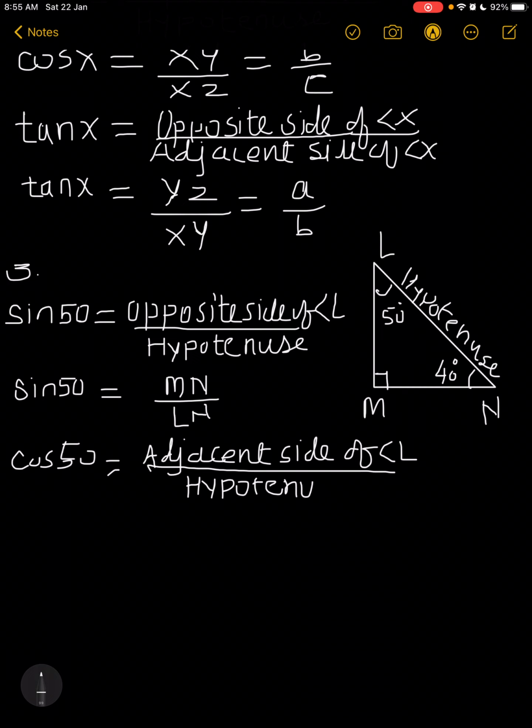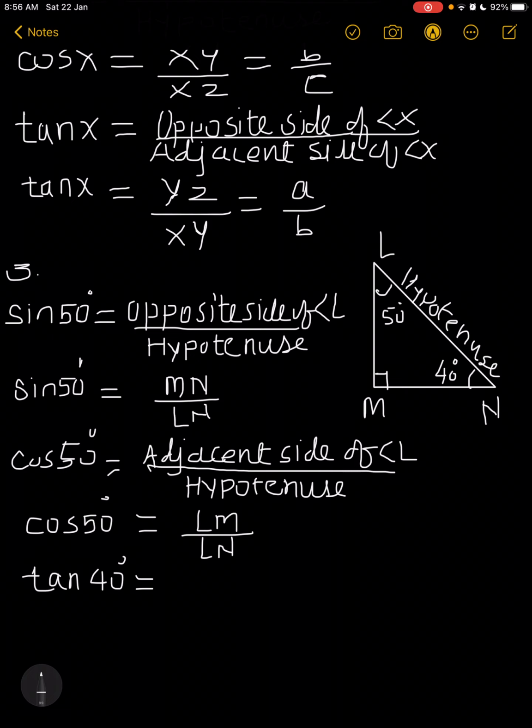So let us write now angle L adjacent side, cos 50 degree. Angle L adjacent side is LM. MN is opposite, so LM is adjacent and LN is the hypotenuse. Ratio number 2. Ratio number 3, tan 40 degree. 40 degree is the measure